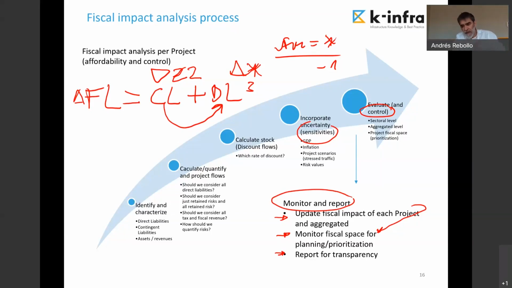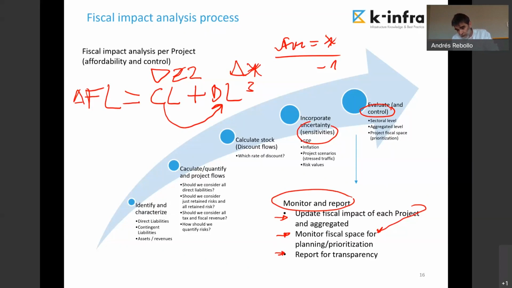Okay, now let's think about the projection of the direct liabilities. The projected values every year of the availability payments, the direct liabilities, those values are already incorporating the value of risk, the value of the risk that has been